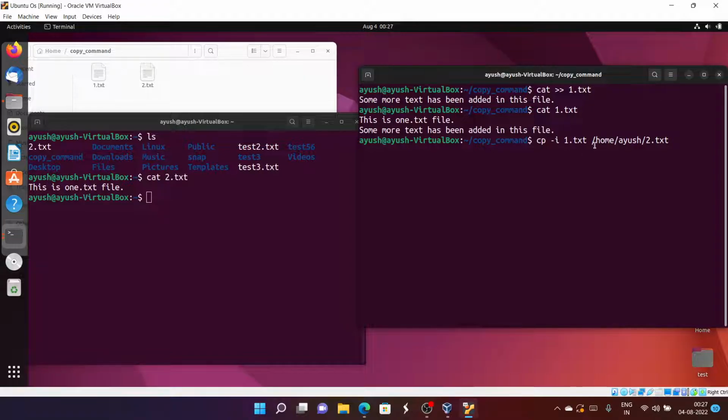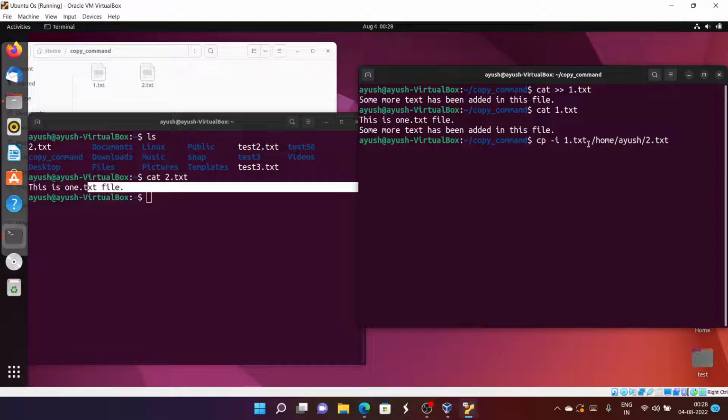It will prompt you for file overwrite, like if the file already exists, whether you want to overwrite the content or not. Because there is something else in 2.txt. If you run this command without -i, it will simply overwrite the content of 2.txt with 1.txt. But using -i, it will prompt you for your decision whether you want to